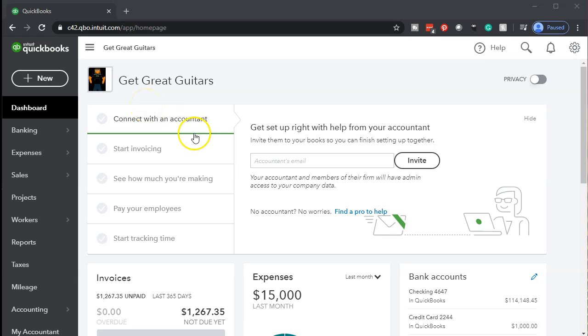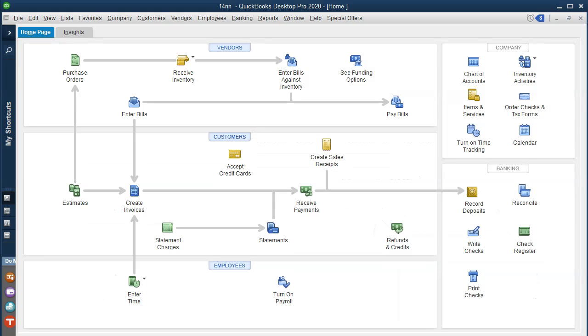Before we go any further, let's first take a look at our flowchart that's going to be in the desktop version. So we're going in the desktop version just to take a look at the flowchart. When we typically pay for bills, when we pay for our expenses, as we did in the prior presentation, we could simply pay them off either with a check or some type of electronic transfer and enter that information directly into the register. However, we could also go through the process of entering the bill here and then paying the